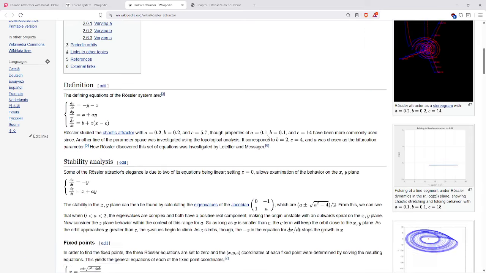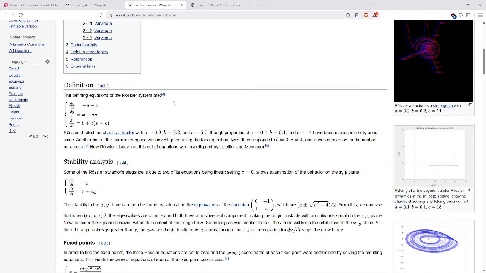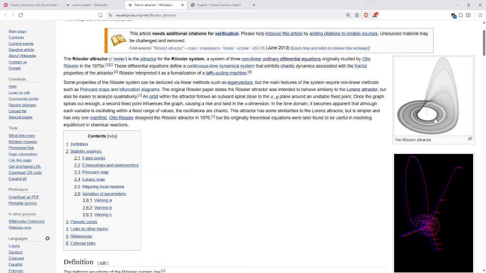And similarly, the Rossler attractor, here are the equations down here for the Rossler attractor. And again, it doesn't depend directly on t. The equations for the three variables just reference each other, but not t. The Rossler attractor has a region in the plane, and then it has a region tilted up out of the plane, and the system continues to evolve in this region and stays bounded,